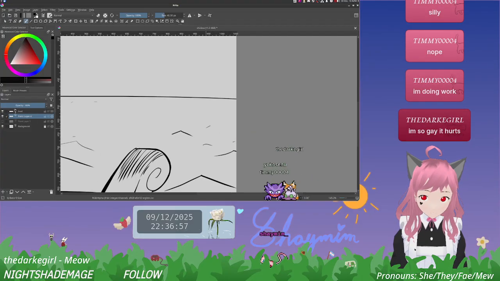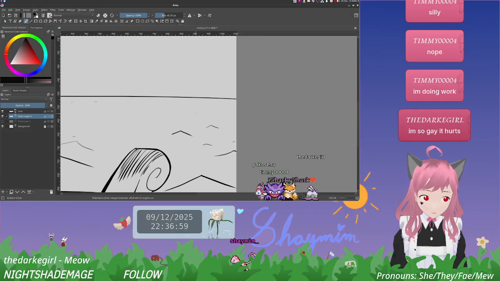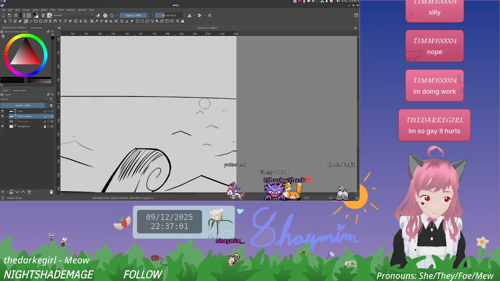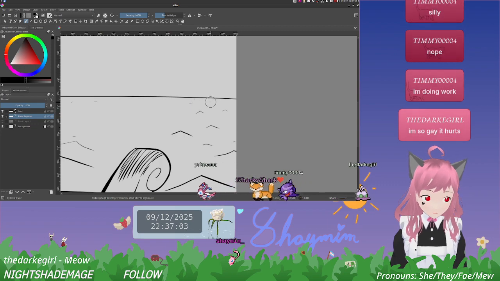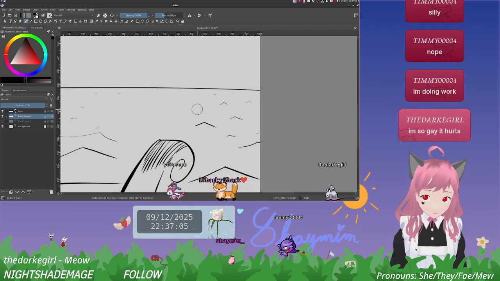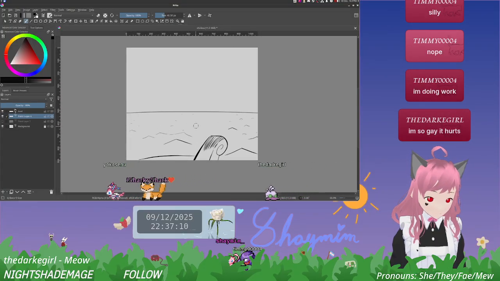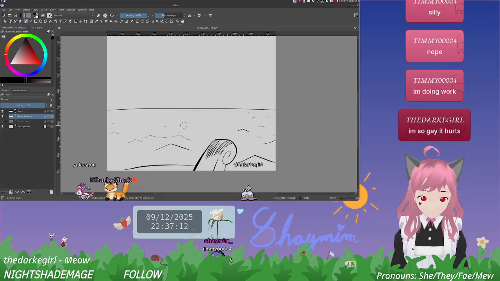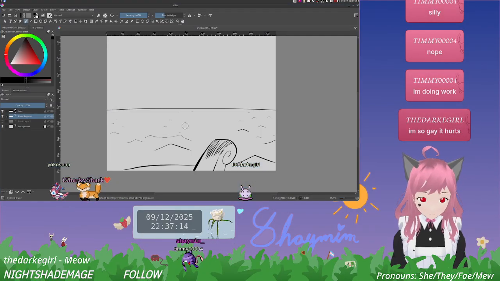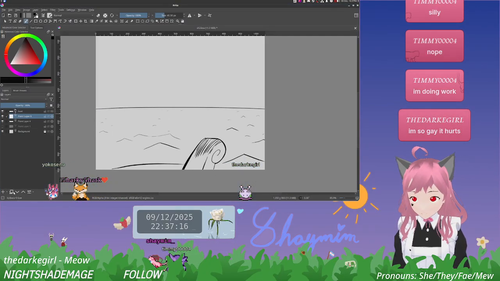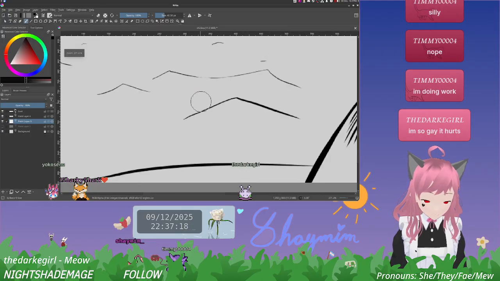A little more, a little more. Like that, it would seem. Wow! And then another layer here for some shading.